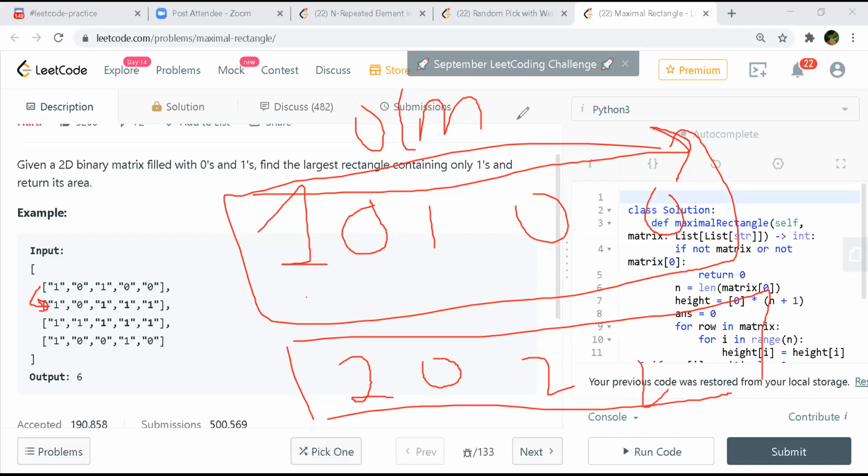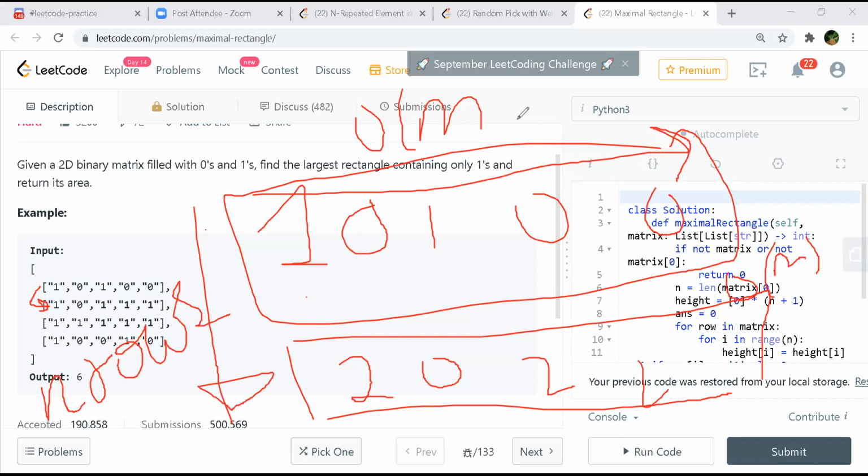That would be O of m again, for n number of rows. So this turns out to be O of n into m.